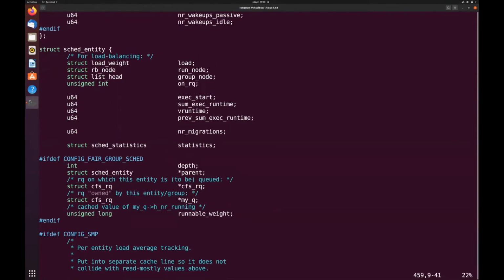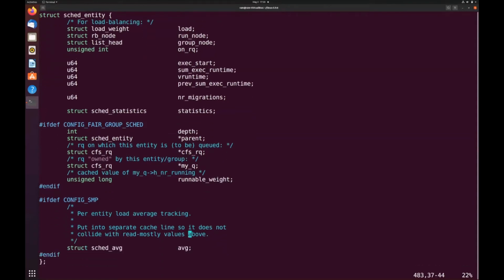This is the total time of execution of the process, and this is the weighted virtual runtime of the process. This is the statistics structure which contains different information regarding scheduling. This is the pointer to the parent structure. This is the pointer to the scheduler run queue, and this is the associated weight.